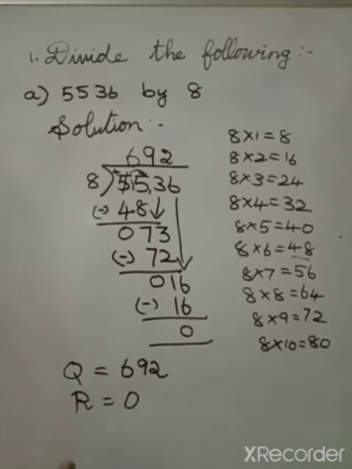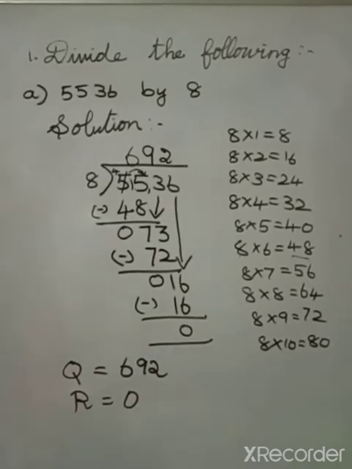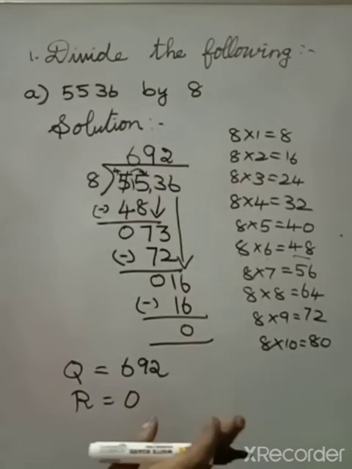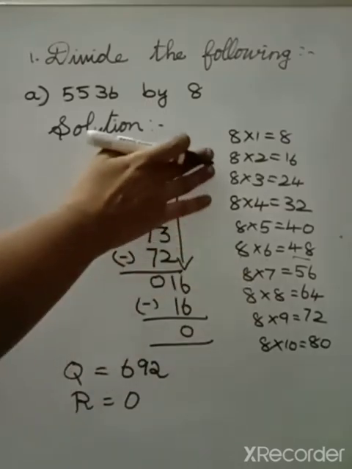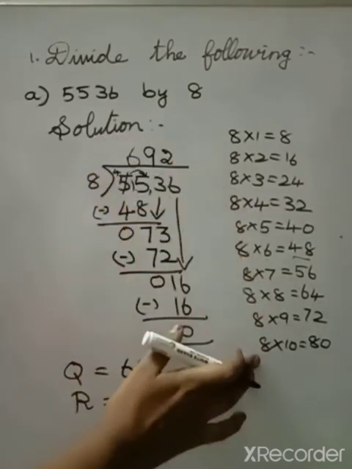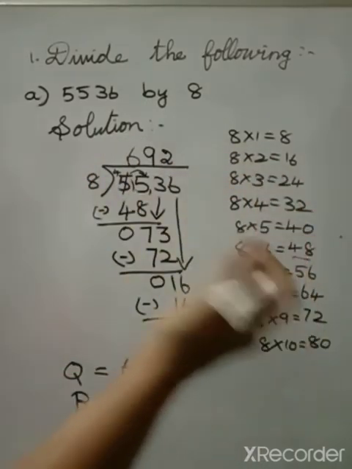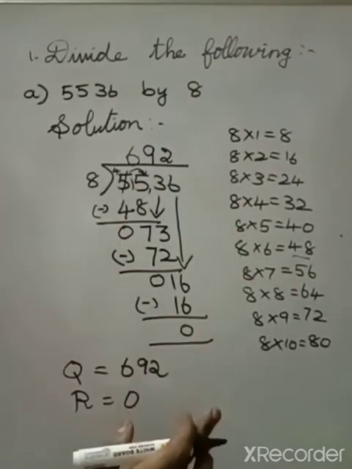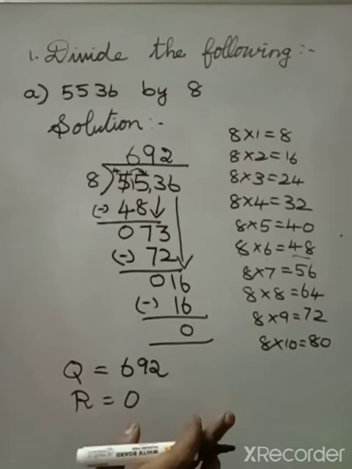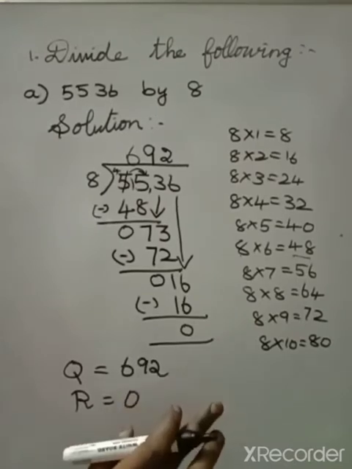Okay, so that's the thing, division has been over. So be careful, without knowing the tables correctly, it is not possible to do the division sums. If you are having any confusion, you can write the tables in the rough column and with the help of the tables you can write it. But writing this table also, you have to write without seeing. Don't use the tables book. Have the practice of not using the tables book.